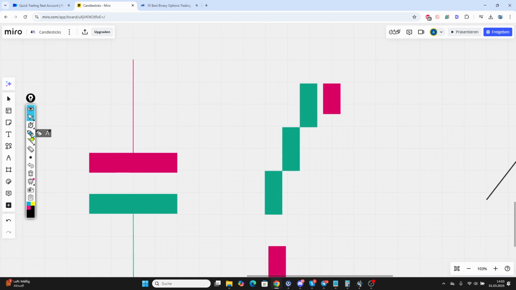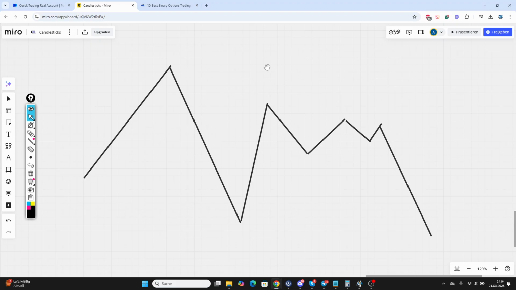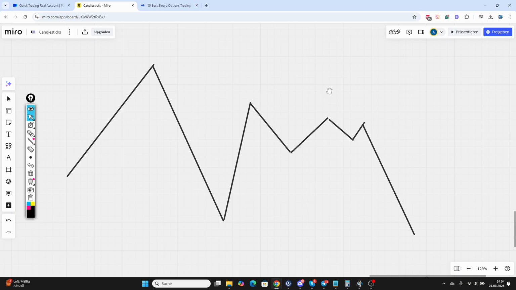So basically it's the same. It shows you a reversal, this one also. So the next one is to understand the trend. If we have a trend, you need to understand it. This is a theoretical example. What would you say? Are we short or long? Yeah, we are short, and pay very close attention to